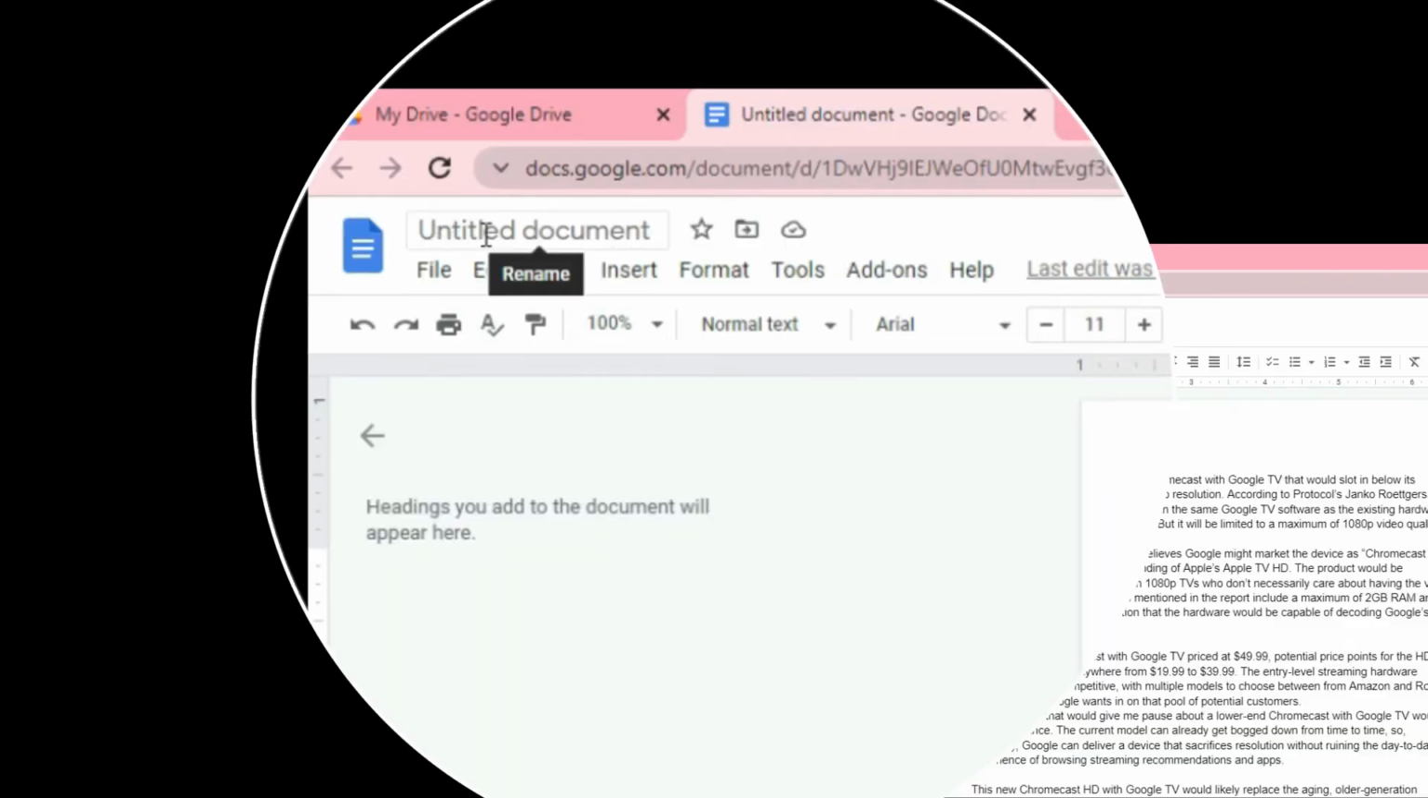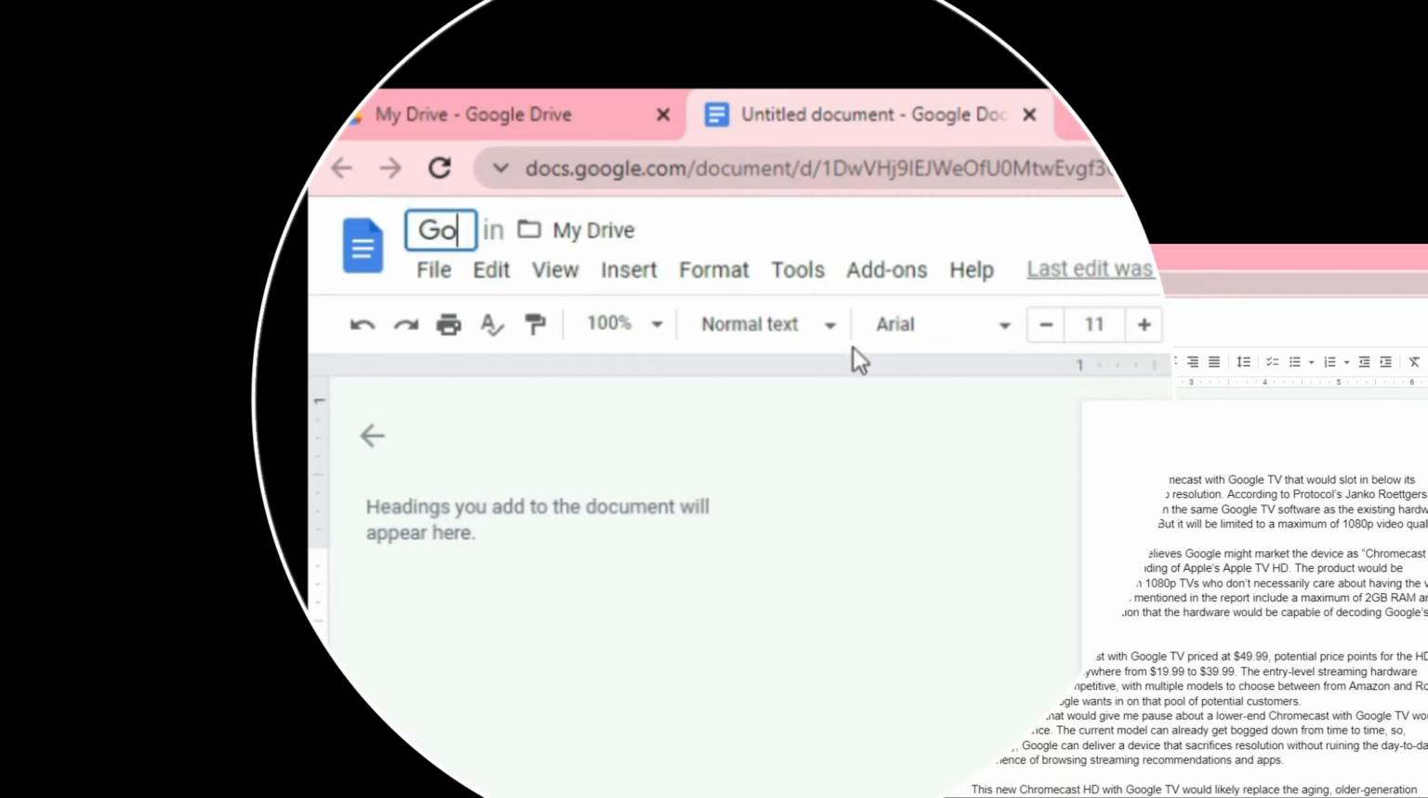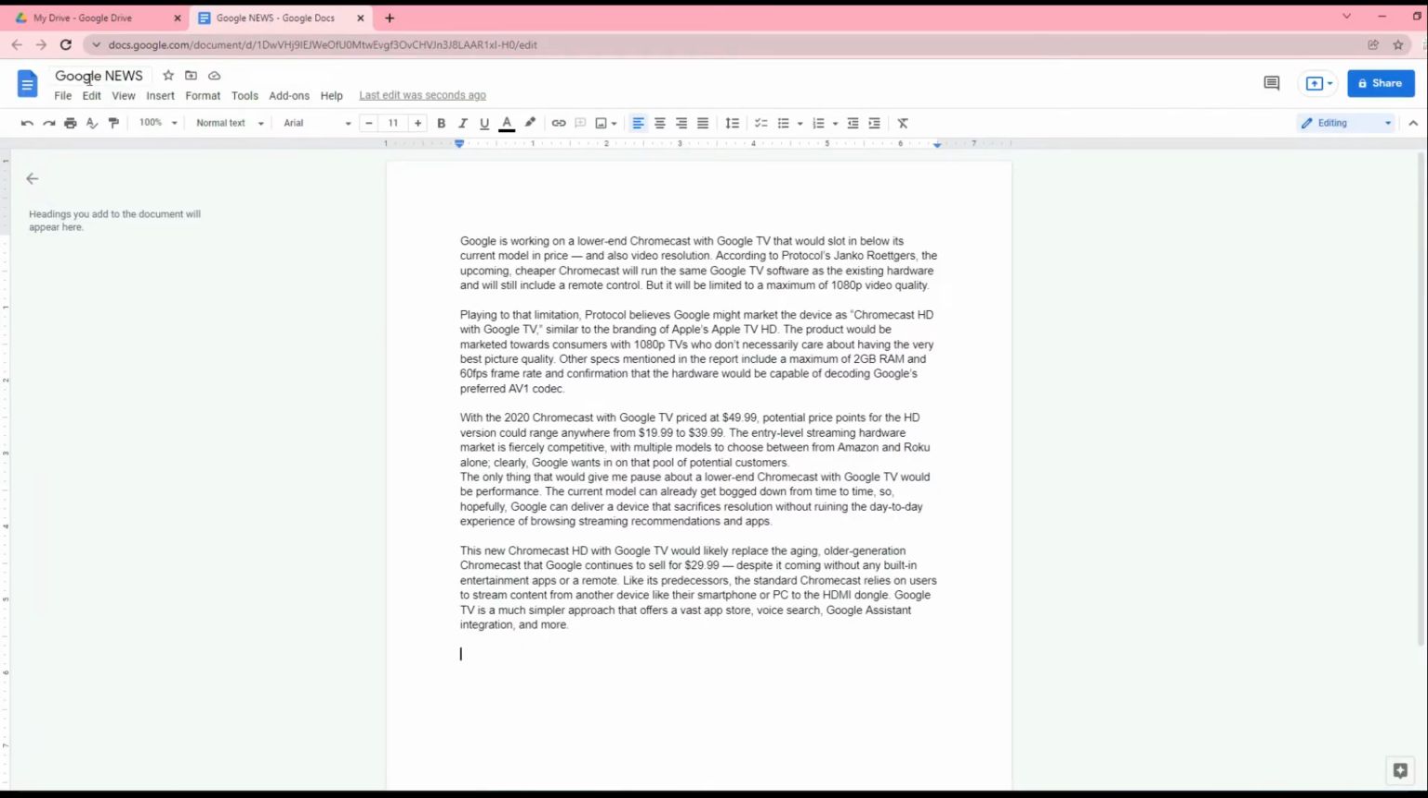You see over here, untitled document. You click here, and this is where you can type the name of your file. So I'm calling this Google News. As soon as you press enter, this will be the name of the document. Now whenever you are done working with this document, all you need to do is hit File,